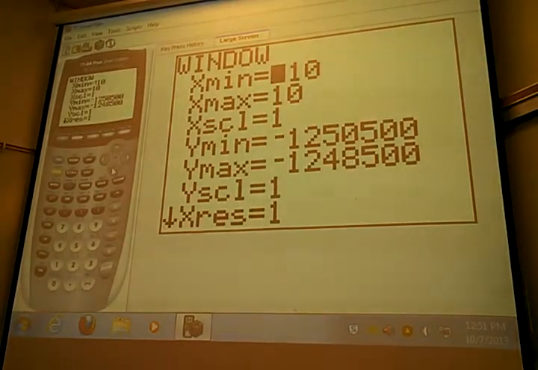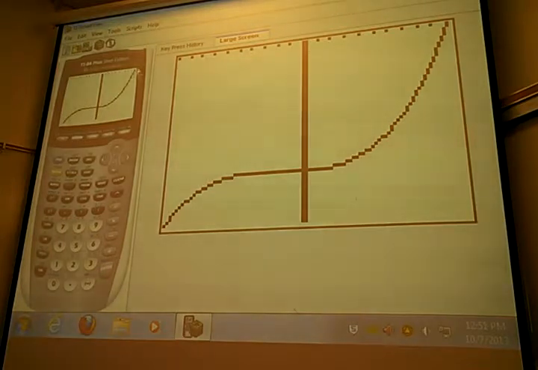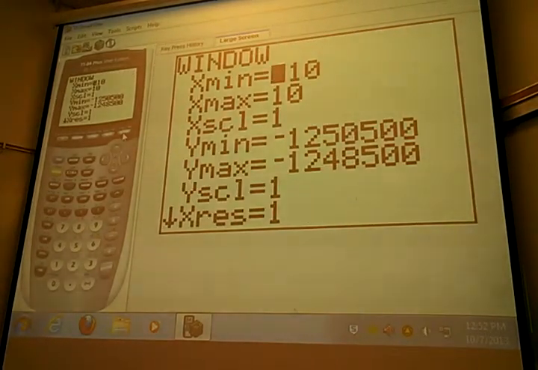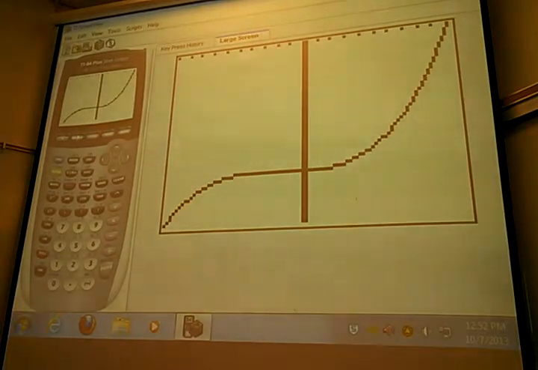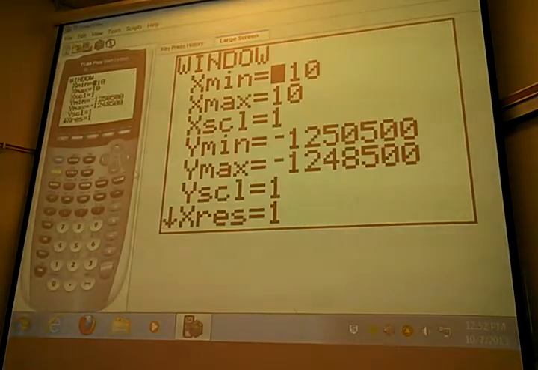Now, does it make sense what I was just doing a second ago? If x were 5,000, y would be about 1. So the answer should be somewhere between 0 and 5,000. And if I look at my graph, where does it look like it's going to hit the x-axis? Yeah, it looks like it's going to hit it right about 10. So let's pick this thing up. Let's say,